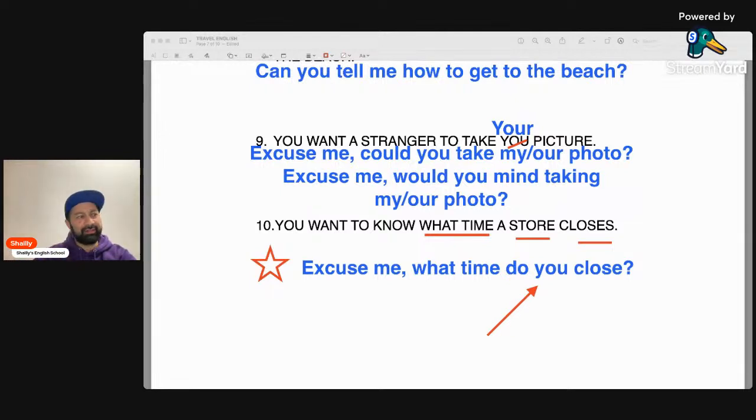And I want to ask, does your city, does your country, does your culture have a tipping culture? Is that a part of your culture? In Japan, where I live now, tipping is not a part of the culture. So when you go to a restaurant, when you get the check, whatever is written there, that's all you pay. You do not tip. Even if you want to tip, you do not tip. They don't like when you tip.